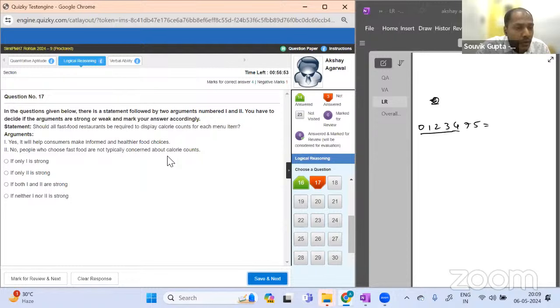So if they are aware of it, they would be able to make an informed choice. But the first one also says informed and healthier. Healthier, yeah. One is a strong argument. Two typically assumes that people already know that